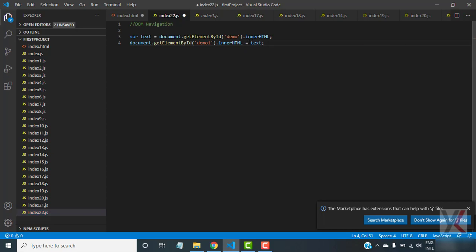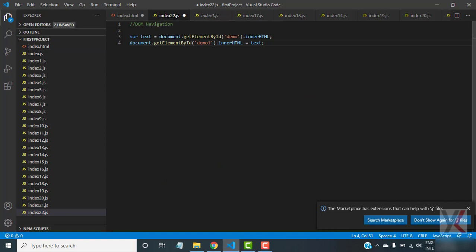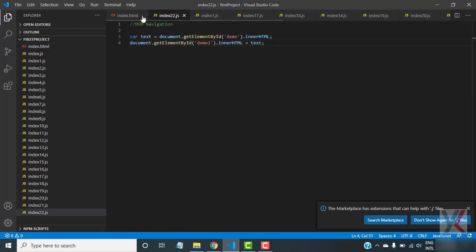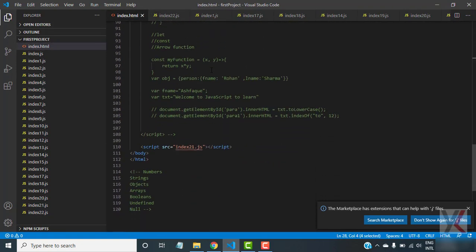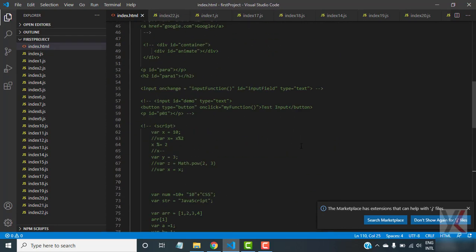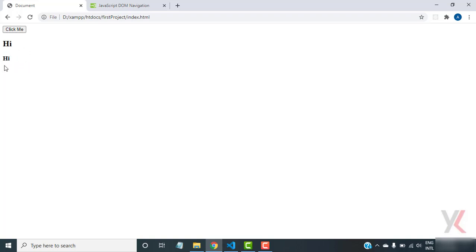So here you can see, first we are targeting the demo ID and storing the text that is inside that demo ID. We are storing that text inside this text variable, and we are outputting it into this demo1 ID, that is the h3 tag over here. Now we'll save both of these files, and here we'll change the path to index22.js. Now when we save, here you will see we are getting two hi,